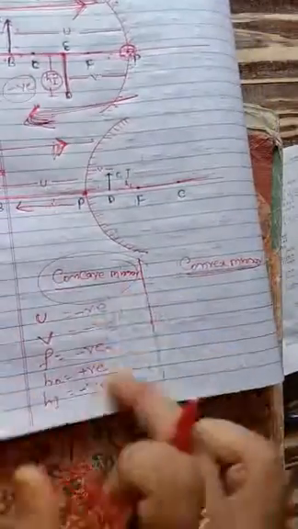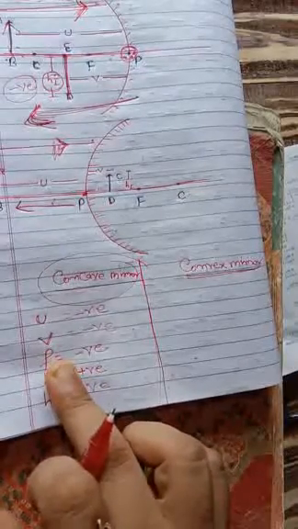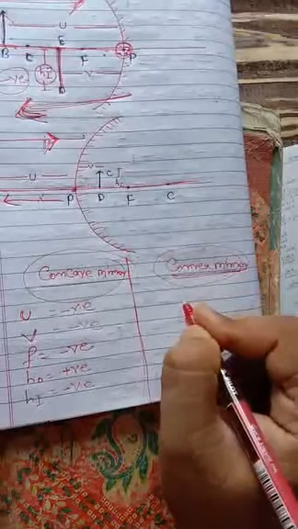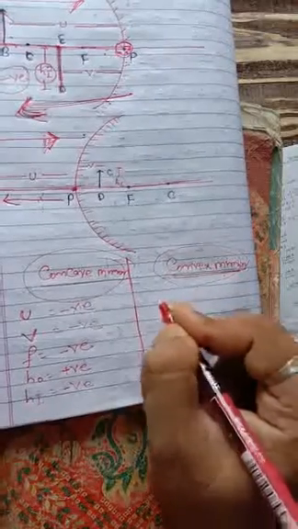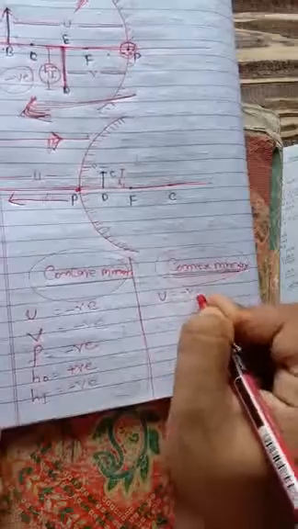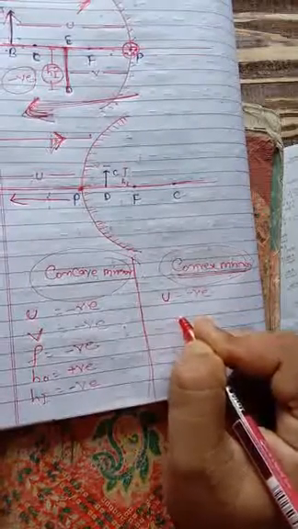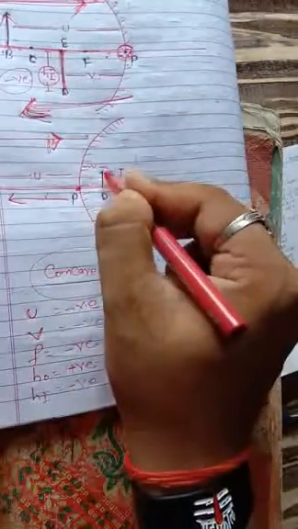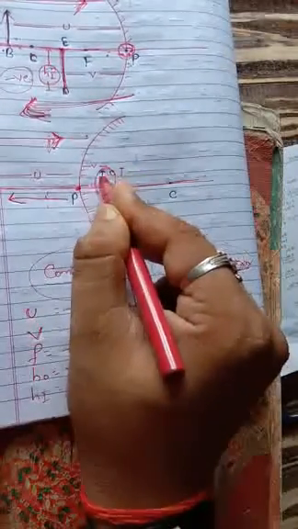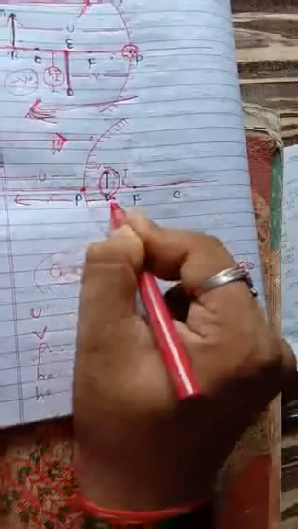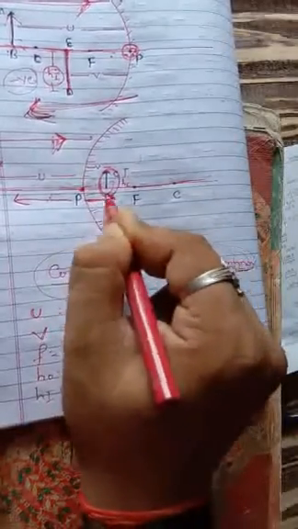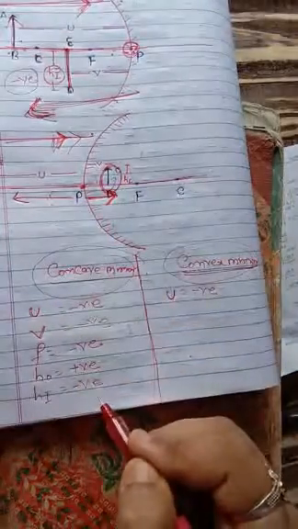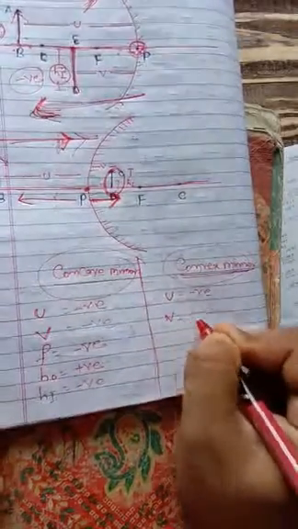Okay, these things are very helpful while solving numerical problems of light. Now we see the convex mirror. Since the object is placed in front of the mirror, u is also negative in the convex mirror. The convex mirror always forms a virtual image which is behind the mirror. Here we see that this is the image. So you measure the distance of the image from the pole of the mirror. Here we see that the direction of the image distance and the direction of the incident ray are both in the same direction. That's why the image distance is considered positive here.